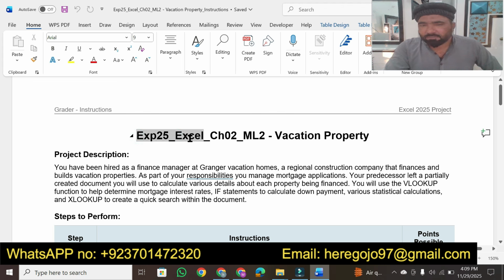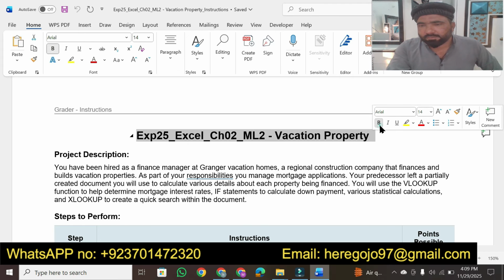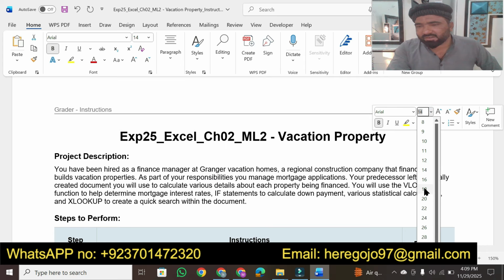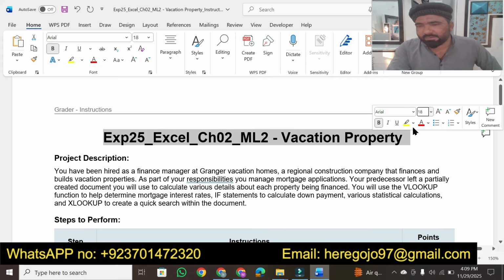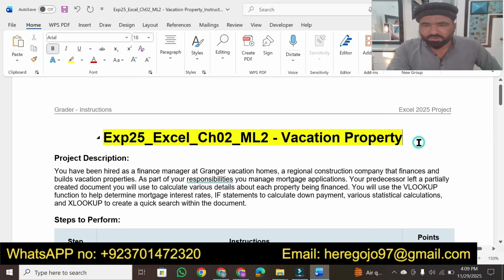Exp25 Excel chapter 2 ML2 vacation property. So we just make that bold, change its size so it must be visible to everyone. Okay, so we will discuss this assignment step by step, but before going to solve this assignment, let me move